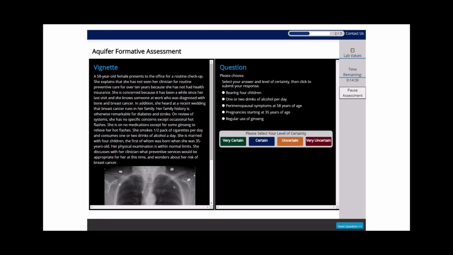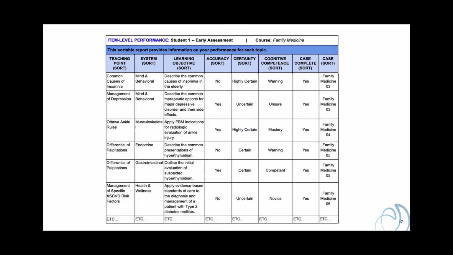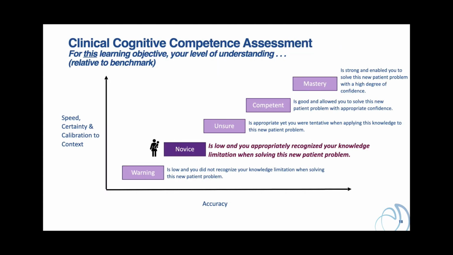As you can see here in our new formative assessment platform, the transformation to a cognitive sim center begins with the requirement that the learner assess his or her level of certainty for each decision or answer. As I have previously mentioned, this one change and the provision of this data to the student provides ample information to begin the master adaptive learner cycle for cognitive skills. Once again, we have provided this sample student report in your handout. In this manner, for each of the family medicine learning objectives assessed in the exam, the student is provided context-specific feedback about his or her level of cognitive competence.